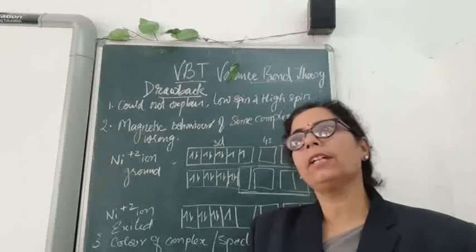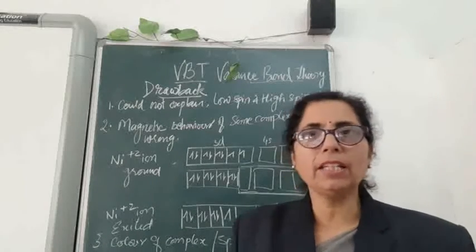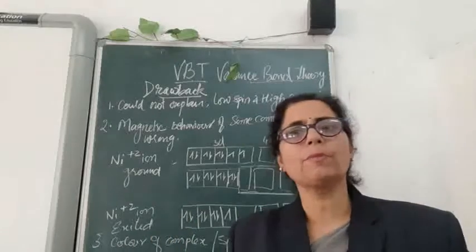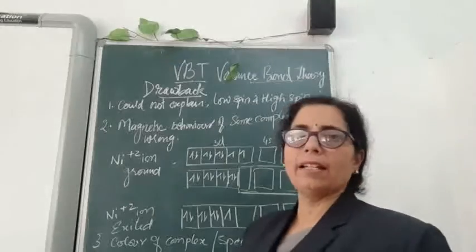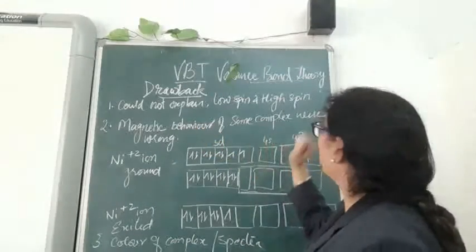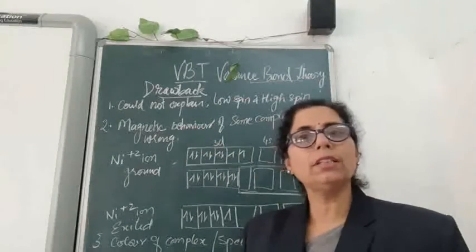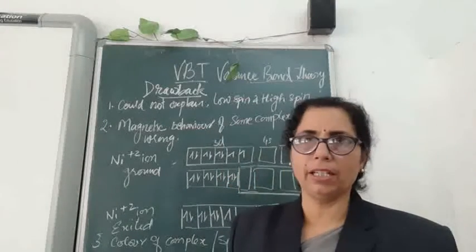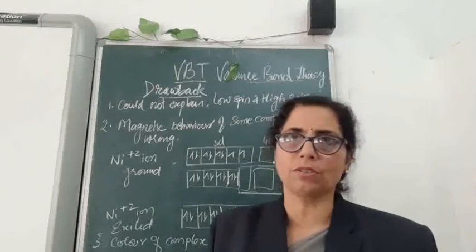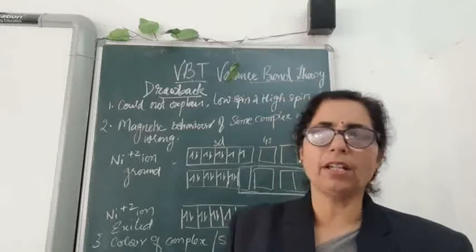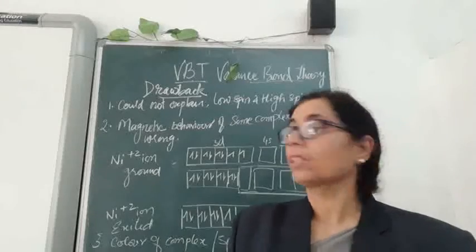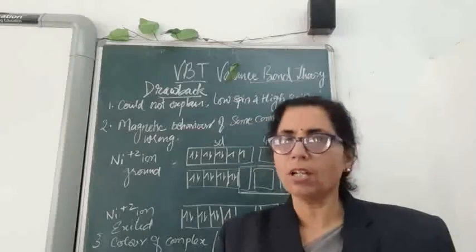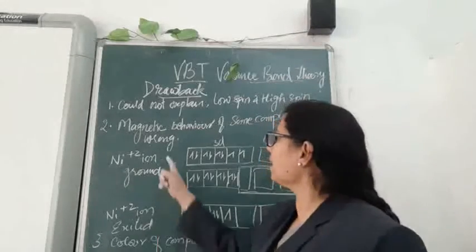According to that, some were low spin and some were high spin: inner orbital, that is d2sp3, were low spin and dsp2 were high spin. Why it is low spin and high spin was not clear by valence bond theory. Second, the magnetic behavior of the complexes was wrongly predicted. According to valence bond theory, those having unpaired electrons show magnetic behavior, and those not having unpaired electrons show diamagnetic behavior, or no magnetic property is seen in them. But this part was found to be wrong, making wrong assumptions in some examples. One example was the nickel ion.